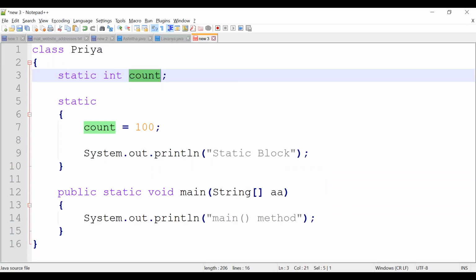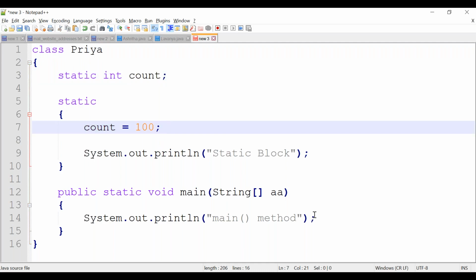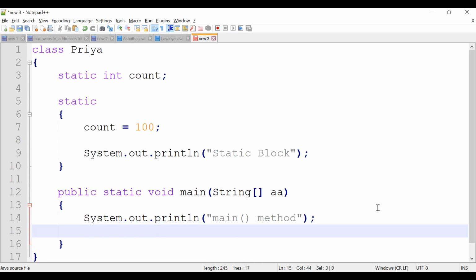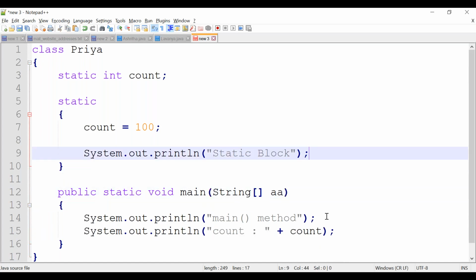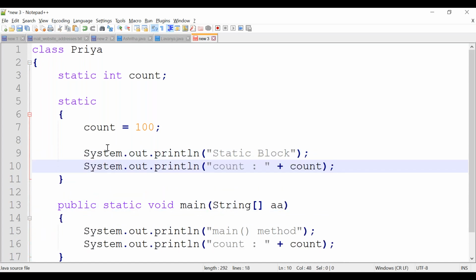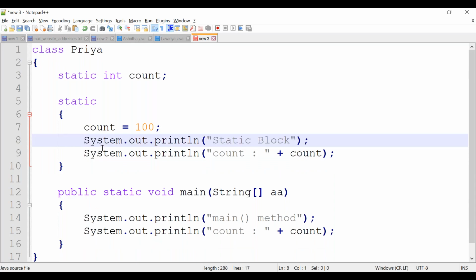Here in our class, inside Priya, we have only one static variable. The same we are trying to initialize. And if needed, you can print the statement also. So what are you trying to do? Here you are initializing static global variables, and you are trying to print count. You can print count also. Correct. The same statement you can print here also. What I am trying to do is, I just declared a variable and we have initialized it inside the static block. The same we are printing. Let's save this file.